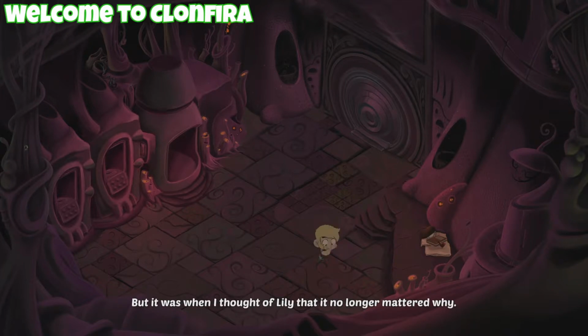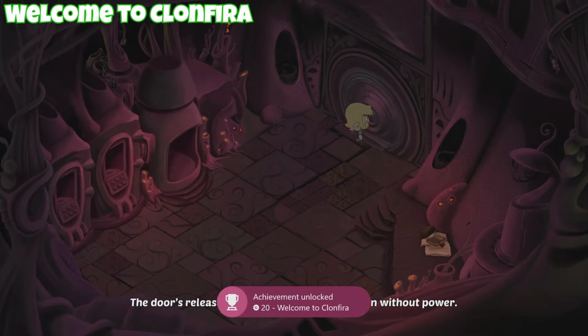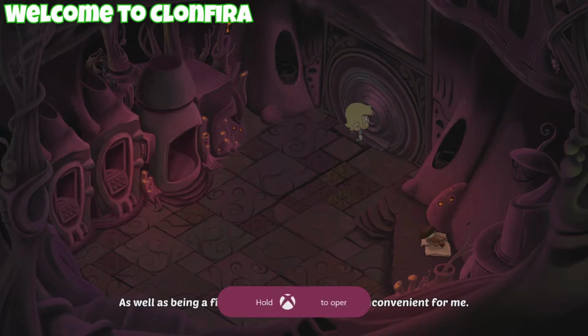Thought of Lily that it no longer mattered why. I couldn't let her think that she had lost someone else. The door's release mechanism wouldn't function without power. As well as being a fire hazard, it was extremely...